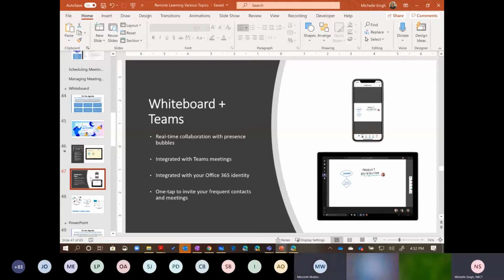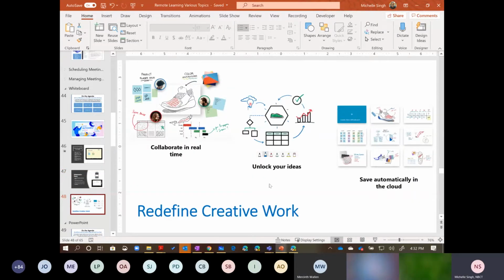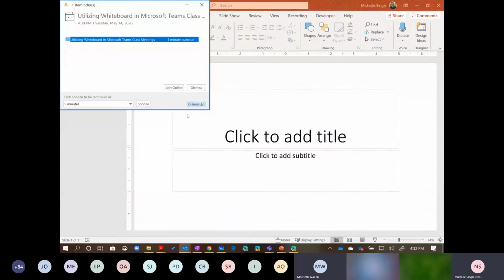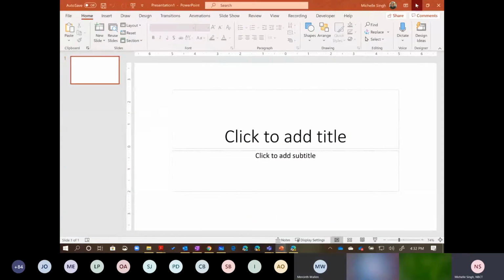And there is the connection between Teams and Whiteboard. So one of the things we did look at yesterday was when we shared our screen. And I want to show this to you so you could kind of see the possibilities with Whiteboard, right? Look at all of the different things that you can do on a whiteboard. And we're going to try to explore that today. So one of the things that